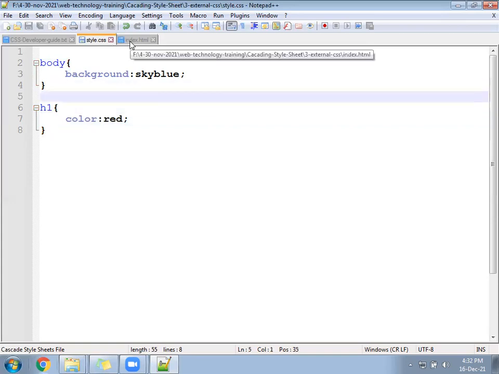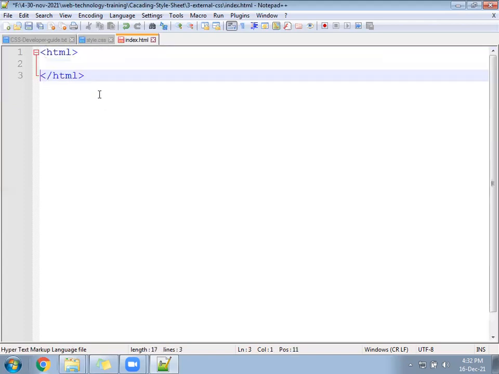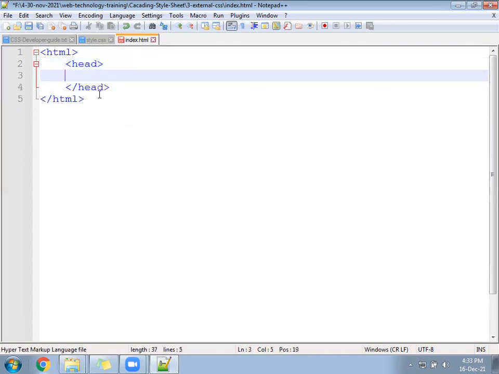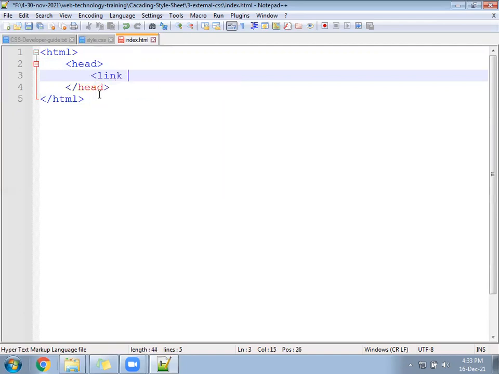Next, come to the index.html file. There you have to write HTML and head. Under the head, you will write link rel. Rel defines the type of the file. Rel equal to stylesheet. Href equal to that style.css.